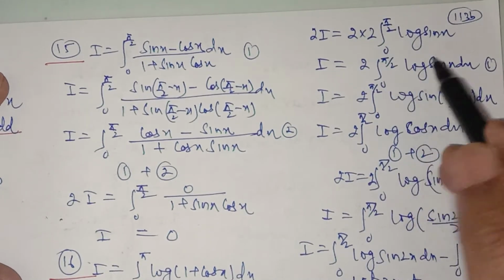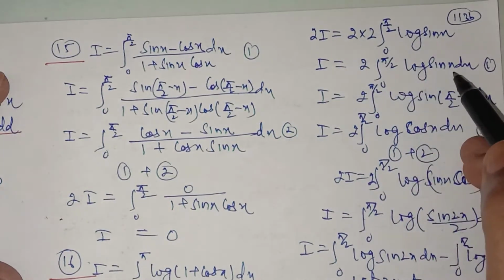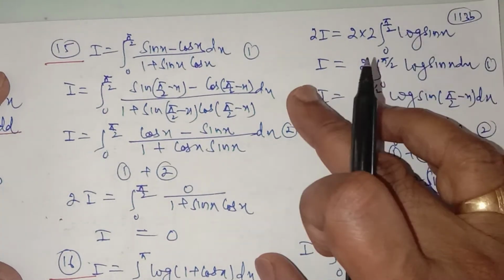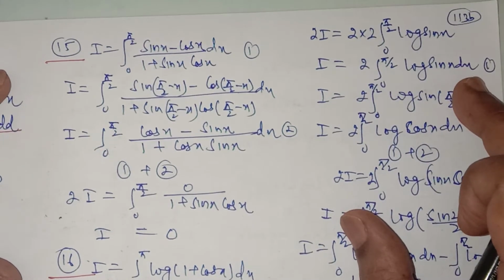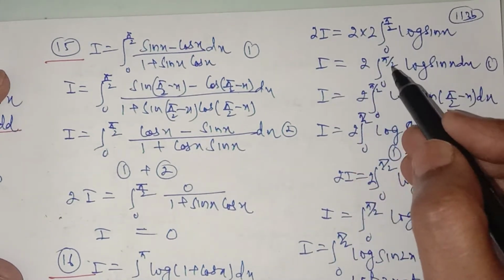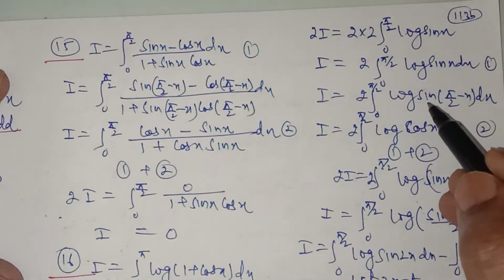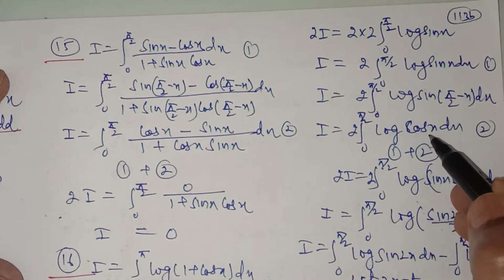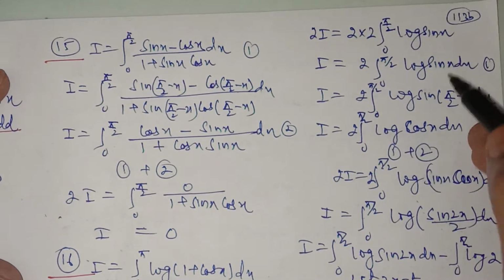Now in place of x you can write this important question: I is equal to the integral from 0 to pi by 2 of log sine x. You can get this question individually. Integrate 0 to pi by 2 log sine x. See it very carefully, it is an important question. In place of x again write 90 minus x, from 0 to 90. So sine 90 minus x is cos x. Adding step number 1 and 2, it is log of sine x into cos x.